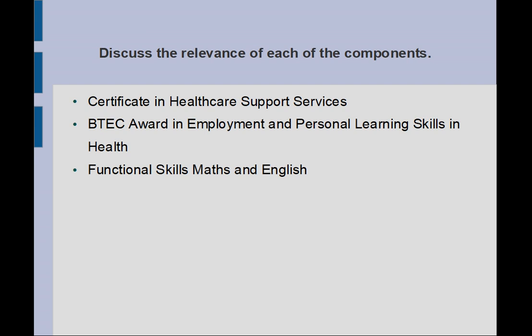Most of you will have 4 components. I've put functional skills, maths and English just on the same line. You have a separate qualification in maths and then a separate qualification in English. They'll either be at level 1 or level 2. Level 2 is the equivalent of about a GCSE C grade, and level 1 would be in the D to